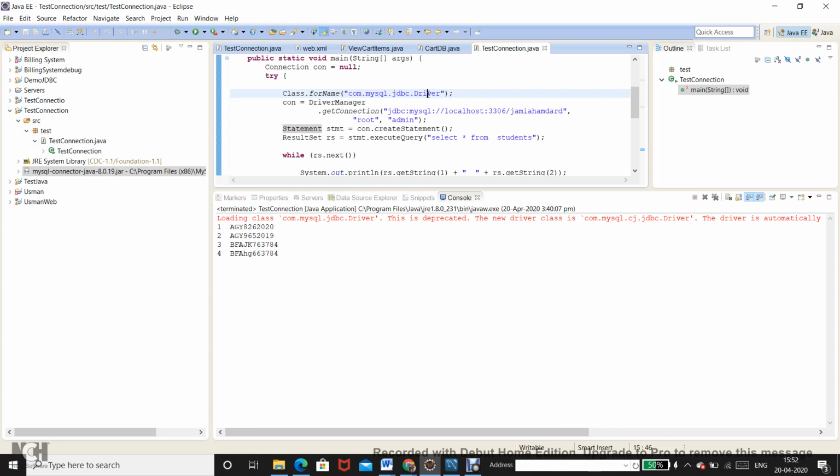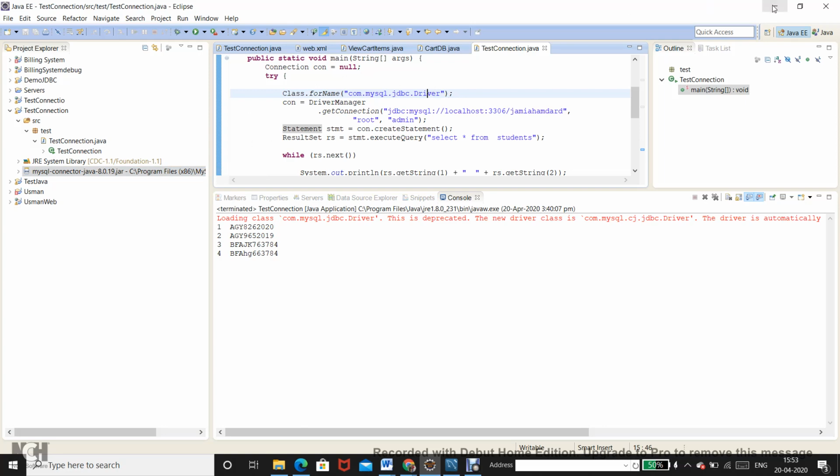So the driver stands on the side of the MySQL server. You use this Driver class to communicate with the MySQL server from your Java code. Got it? This connector is the one that has this Driver class.